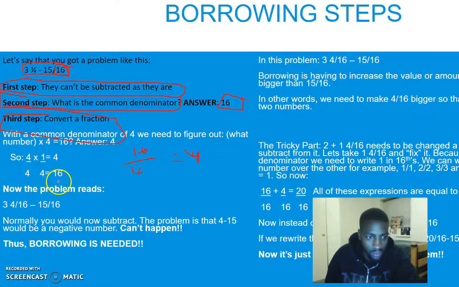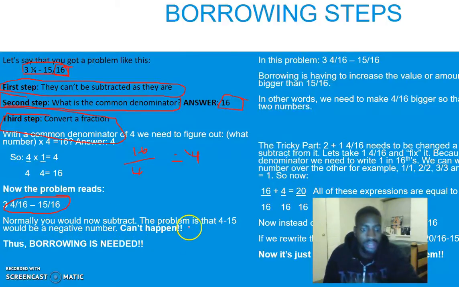So now the problem reads 3/4 over 16 minus 15 over 16. So now we can subtract. The problem is that 4